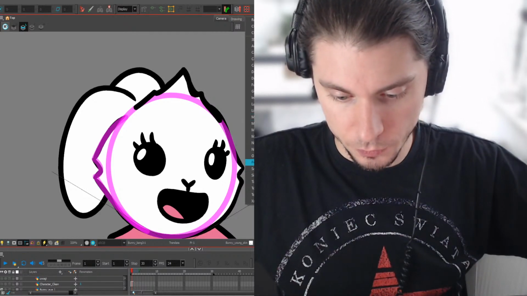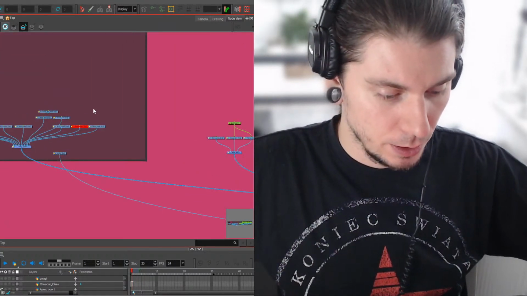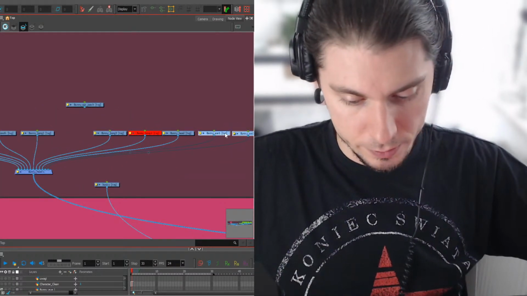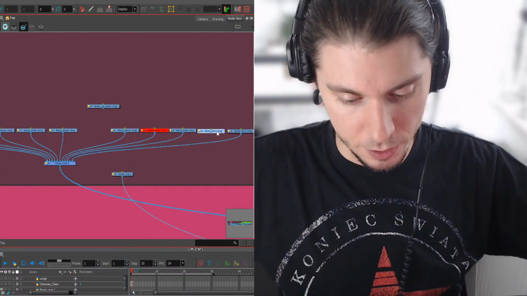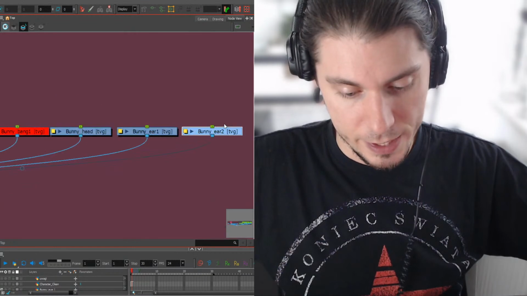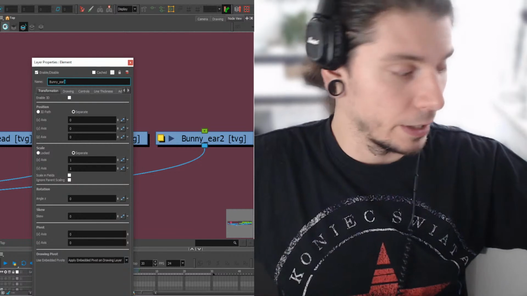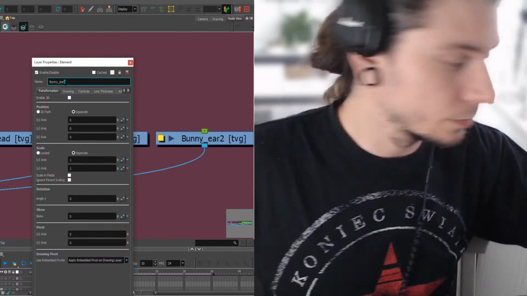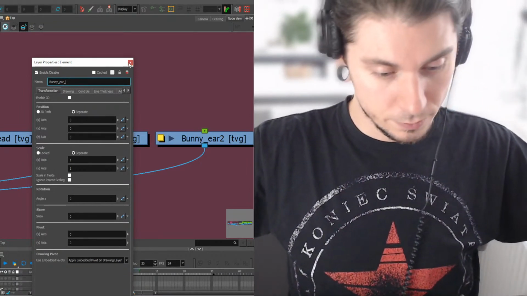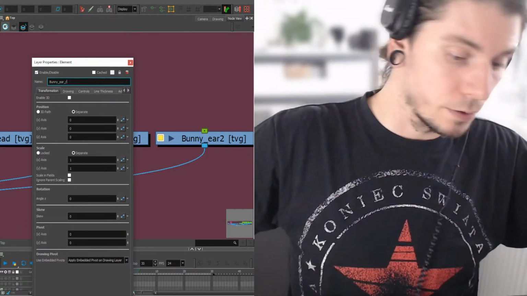Let's go to the node view. Where are you, node view? Can I have 2 node views? I can. And let's think about it. So the ears, of course, they can be here on the very back because they are behind the head, but at the same time there should be something like ear left and ear right,